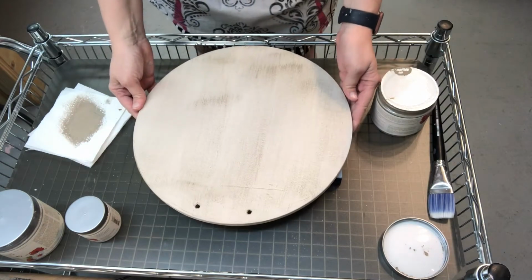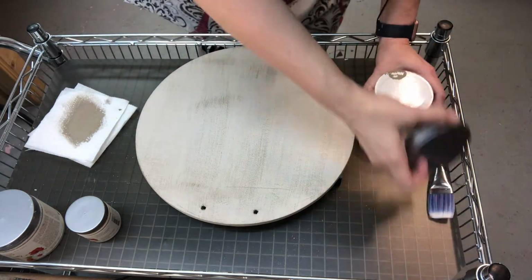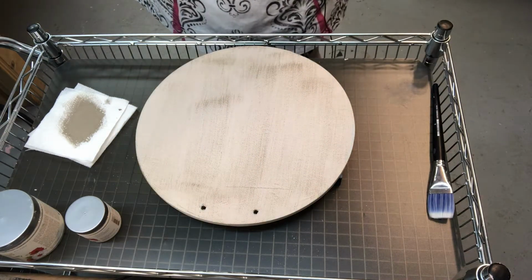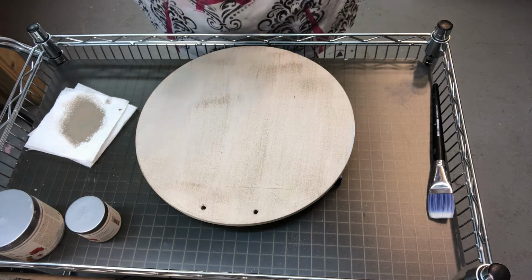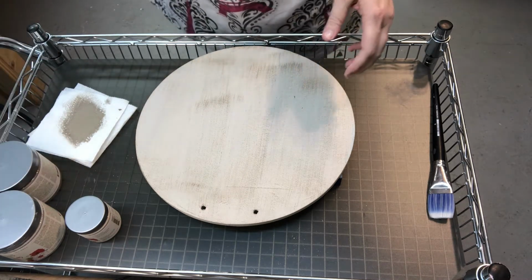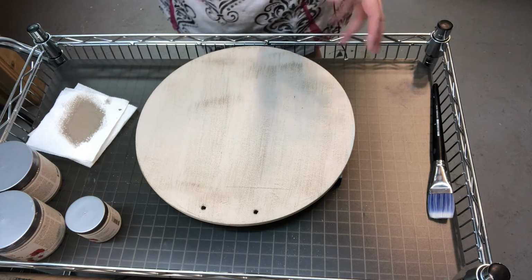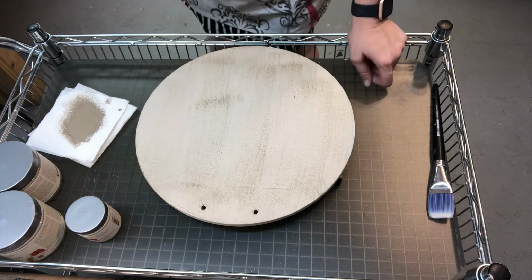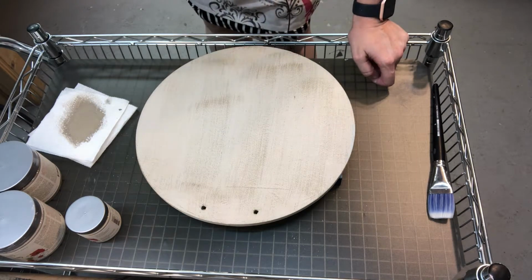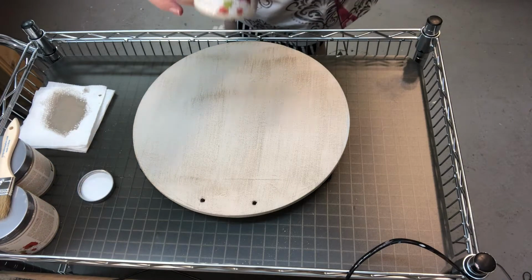All right, so we're going to let that dry just a tad before we put on our Cheesecake, because if you put on another coat of dry brushing and the first coat isn't completely dry, what will happen is that you'll start to muddy up your piece, and that's not the look we're looking for today. So let's get this to dry and we'll apply our Cheesecake. All right, so this step, we're using Cheesecake